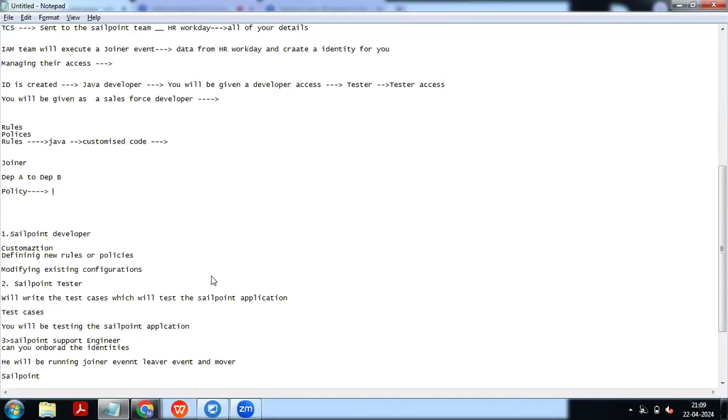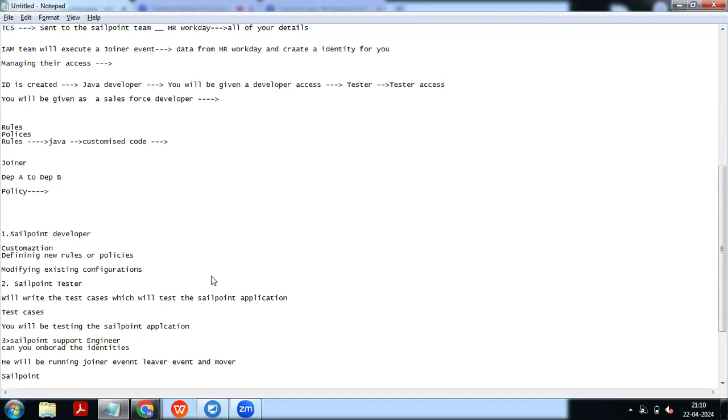That is what governance means. SailPoint governance is access rights governance. It's a kind of managing your access. If you are leaving the company, those privileges will dynamically be taken out of your rights. You are adjusting the resource access based on the roles and permissions. That is what we call SailPoint governance.